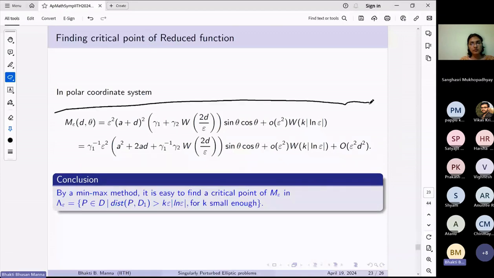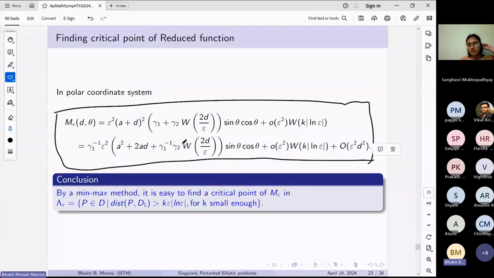This is a finite dimensional problem. In fact, this is a problem in R^n, whatever dimension we are looking at. For a few problems, it might be very difficult to tackle this finite dimensional problem, because this is a very weird looking expression, and the particular dependence of this D and W is not known. But somehow we were lucky that we have this polar coordinate representation, so we can easily